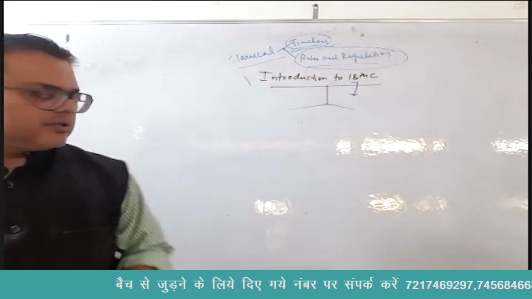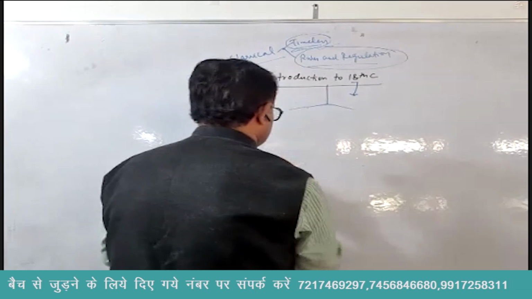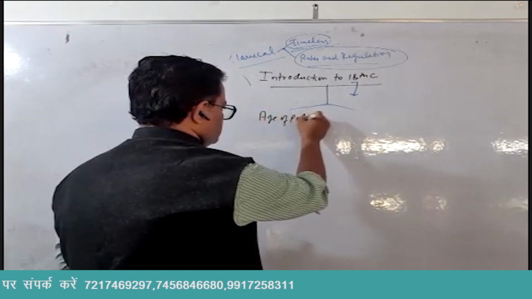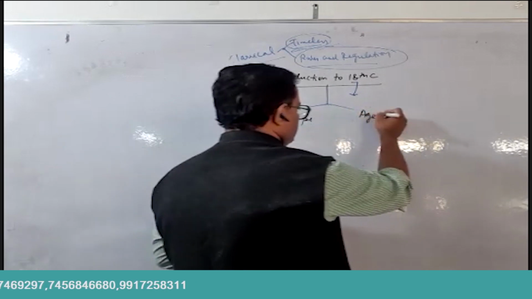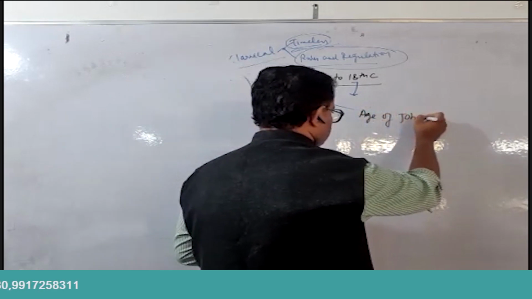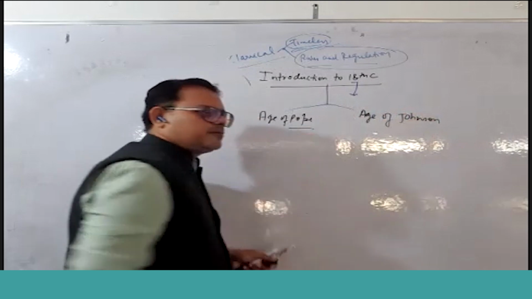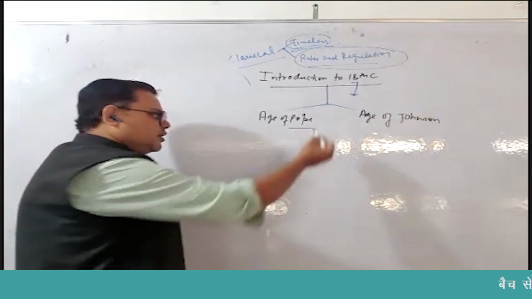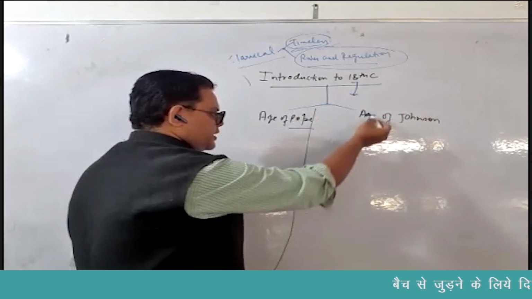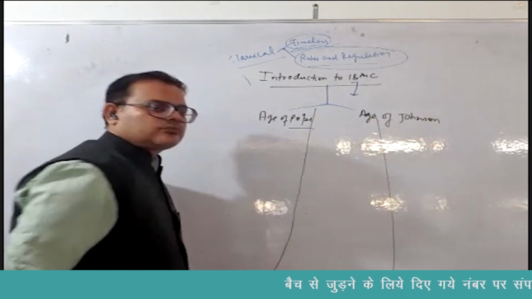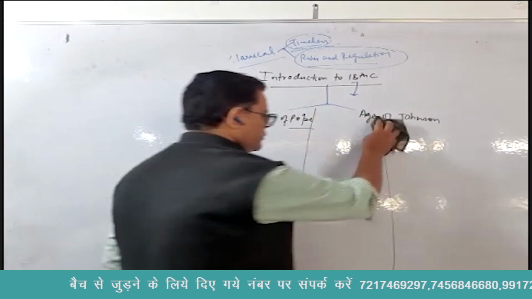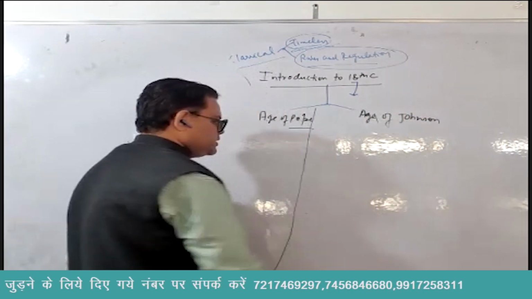So, as I have told you, the first half was the age of Pope and the second half was the age of Johnson. So you can say that there were two major pillars of the 18th century. The first half was Pope and the second half was Dr. Johnson. This we have already noted. Now moving on, there was something happening in between also. Between the two ages, there were lots of movements that were flourishing in the 18th century.